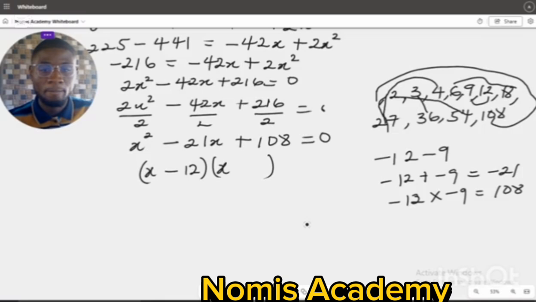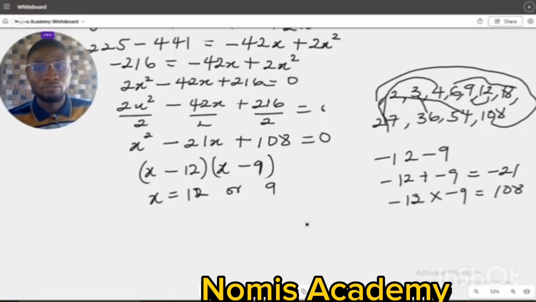Minus 9. So now that I have x minus 12 and x minus 9, I can tell that x is equal to 12, or x is equal to what? Or 9. So x is equal to 12 or 9. So any of these could be the value of x. So remember, from the length of the rectangle, so let me say recall that